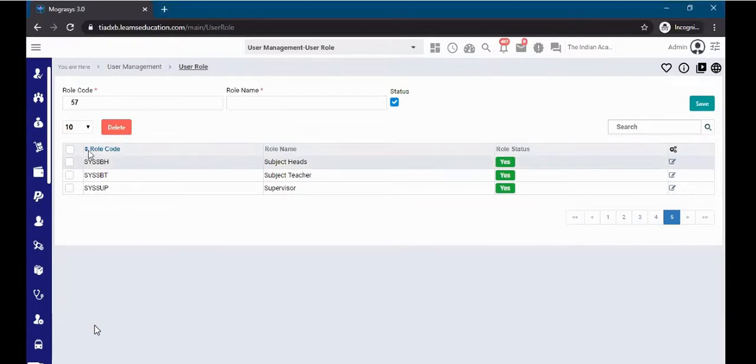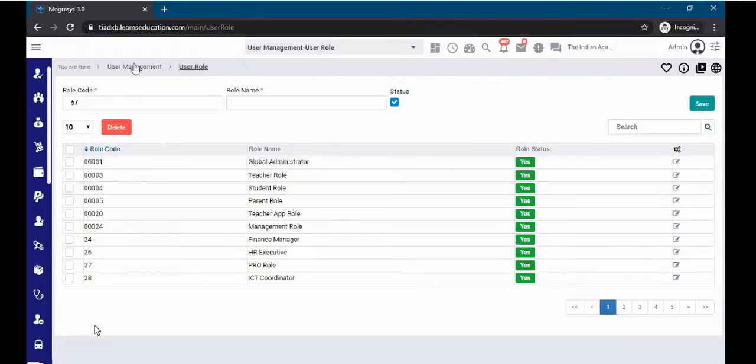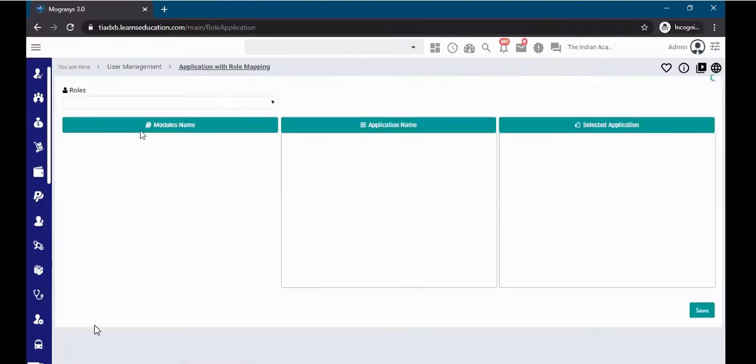If you try to delete these, it won't work, because in the SP itself I have given that condition, so the global administrator and whatever system defined roles there are won't get deleted. Now, once this is done, like a normal role we create, for each role there is application with role mapping.